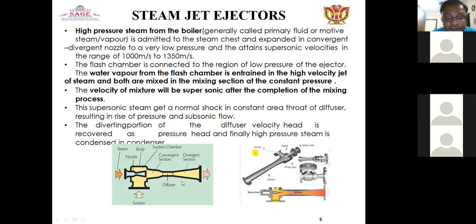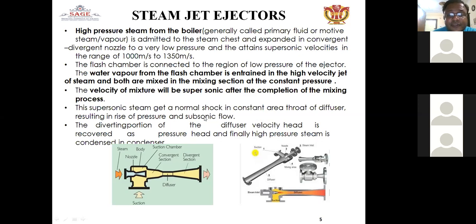So the ejector is a device through which the flash chamber vapor passes, and the condenser device works as a compressor of the liquid. This is the divergent section where the high velocity steam is coming from the sides, water is coming from the side and compressed by this convergent section, and steam is passing through the nozzle sides. Okay.